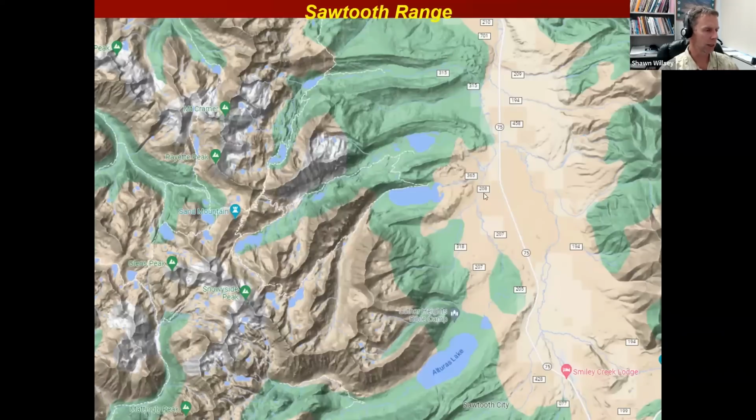So here we have Alturas Lake, Yellow Belly Lake, that's Pettit Lake, Hell Roaring Lake up here. These are all lakes that are present because they sit in this low depression surrounded or encased by these moraines. So at one point we had these big glaciers advancing all the way out onto the Stanley Basin floor. And in some instances, as you can see here with the glacier that was at Hell Roaring Creek, its moraine comes all the way out and actually somewhat dictates the path of the Salmon River. So the Salmon River has had to change its flow path and channel over time as these glaciers advanced and